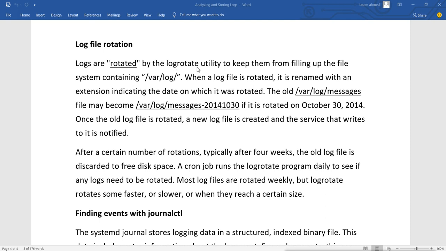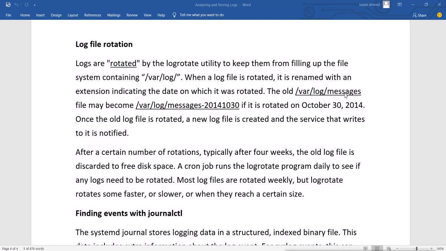When a log file is rotated, it is renamed with an extension indicating the date on which it was rotated. What the logrotate utility actually does is rename the file, save it into the same directory, and put an extension at the end indicating the date. For example, the original file is /var/log/messages.